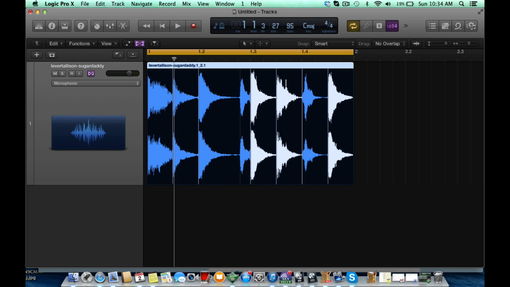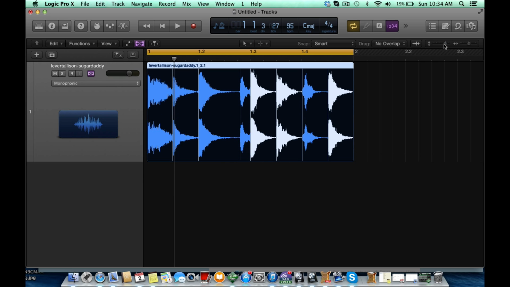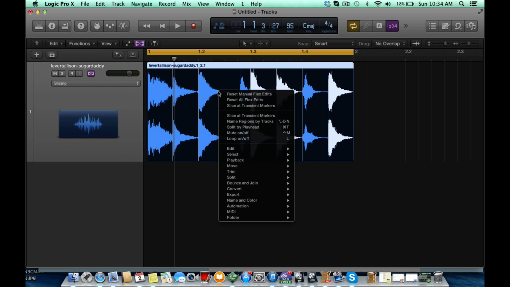Okay, now another way to use drum breaks is to chop them up. We went over this in the last video as well, but we'll go over it again. We already have the flex feature highlighted, so we're going to go down to flex slicing. Okay, hopefully it's sliced up. I thought I would see it move, but anyway, so go down to flex slicing and control click, slice at